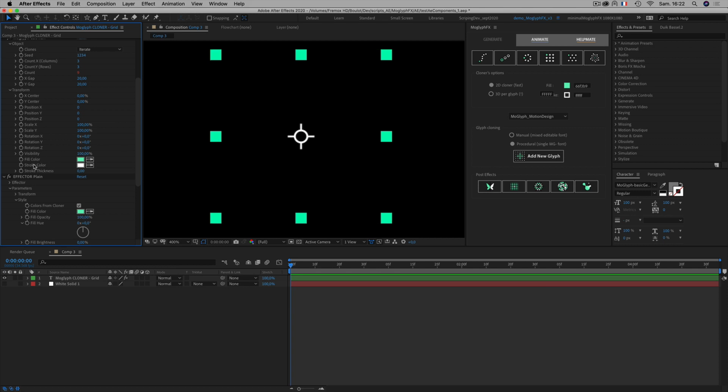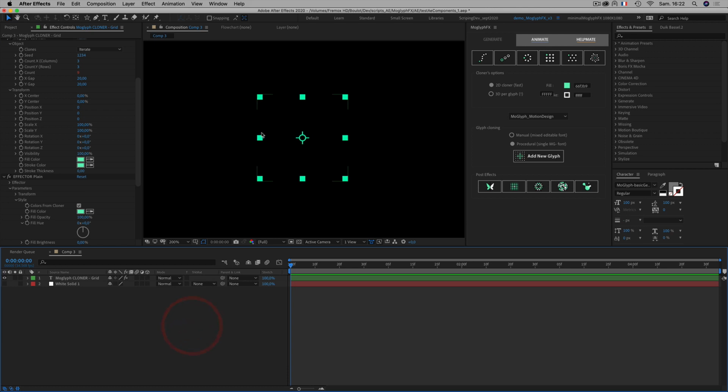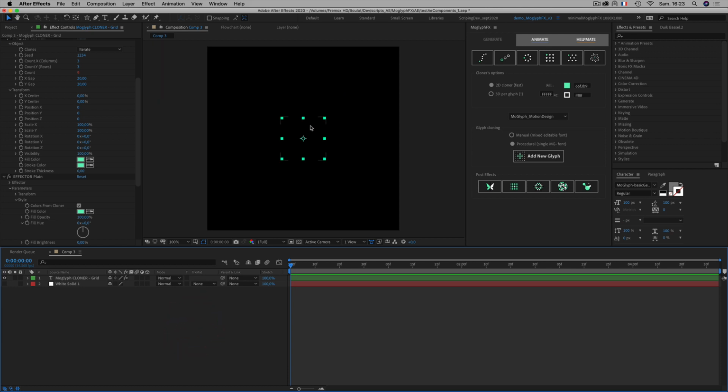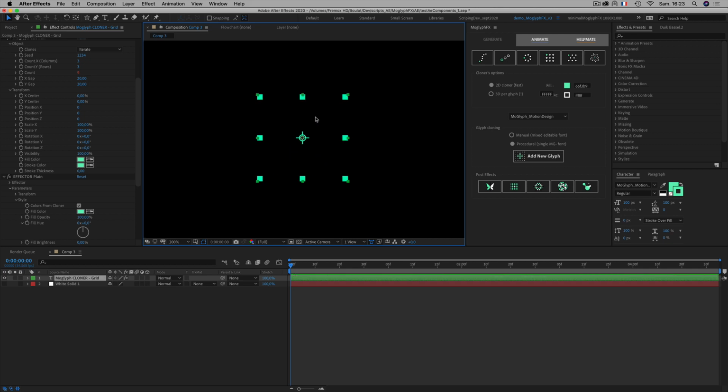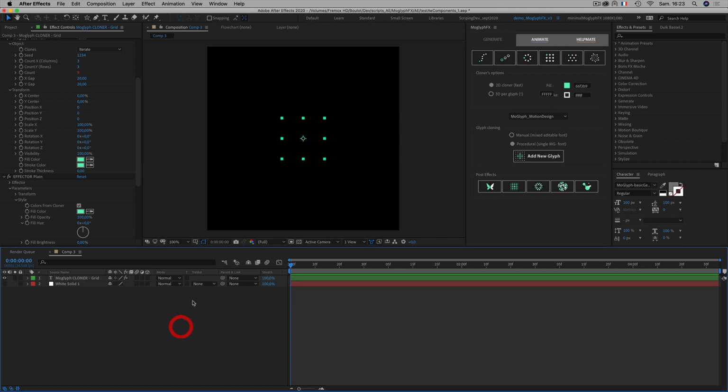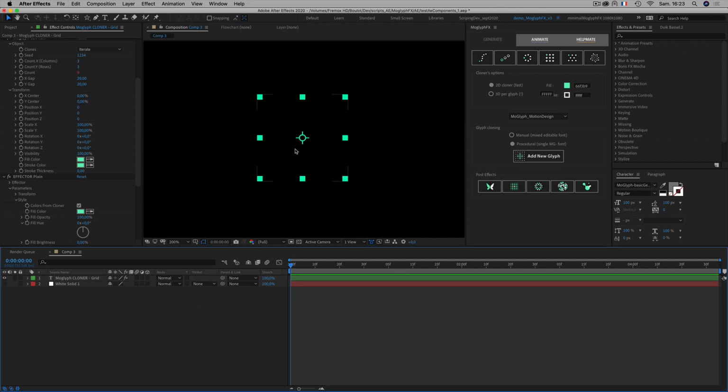But you have to ensure that the stroke color is the same as the fill color. Okay, so just with the little eyedropper here, you can click on that and change it to have the same as the fill color. And now you have something that is perfect. Okay, so this is the typical bounding box of a layer that allows you to transform your layers in After Effects. Okay, great. So how do I do now in order for me to stick to a specific layer